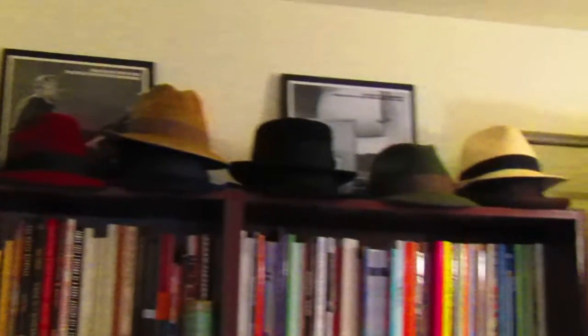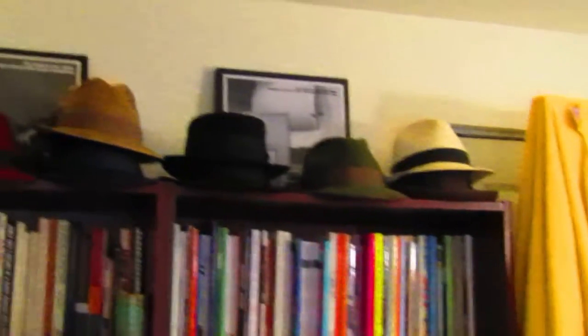Here, as you see, there's my hats, my fedoras. I have 12 of them, so they're all displayed. In the back, this one right here you can't really see, but it's a Louis Armstrong box set, a Count Basie box set, got my Bing Crosby box set, and another Bing Crosby, Nat King Cole,